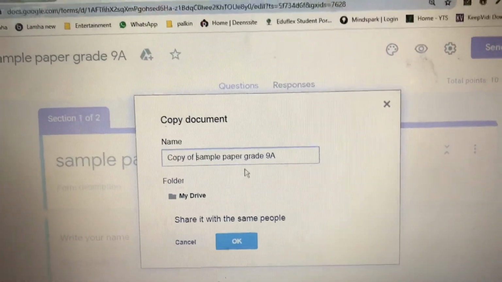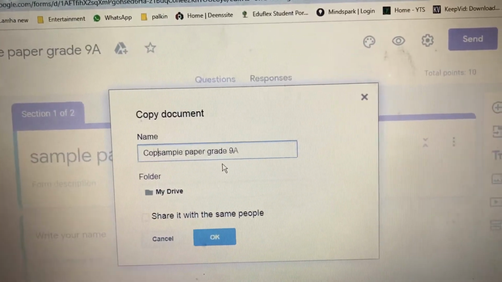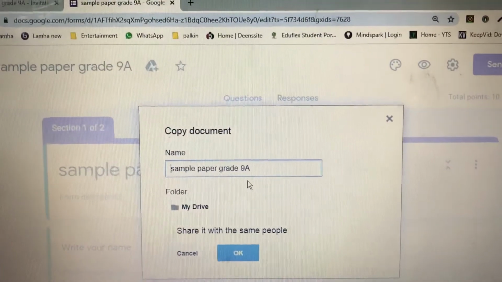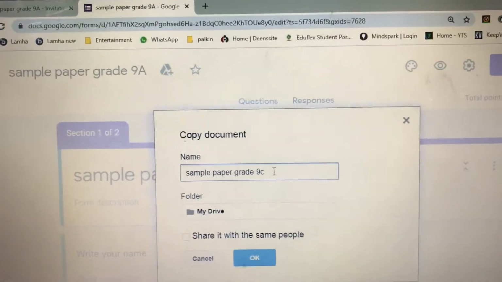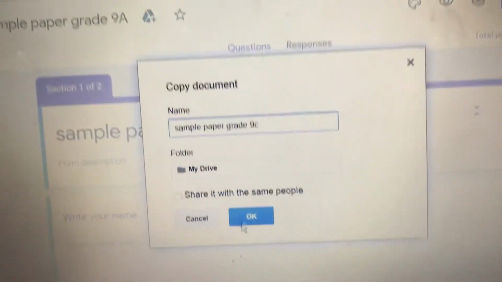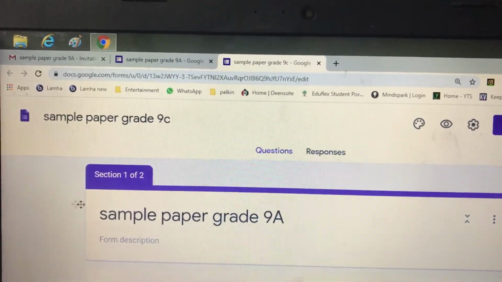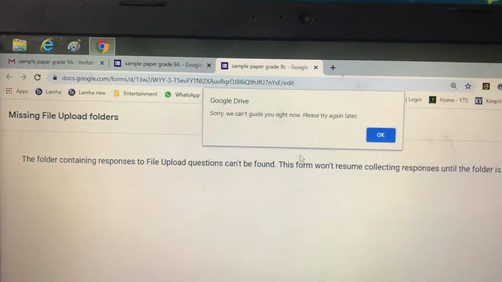and in this copy he will rename it to, let's say, 9C, and I'll say okay. So it created a copy. It's showing here as 9C.